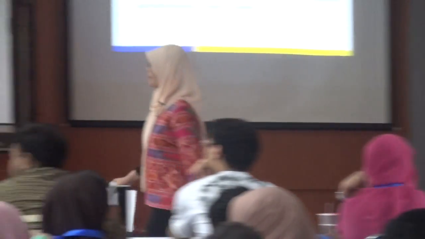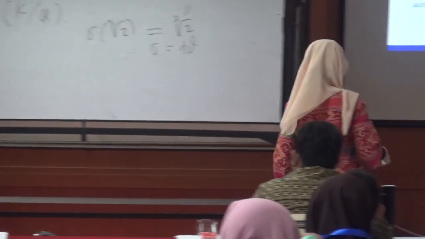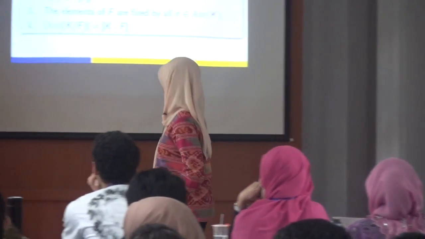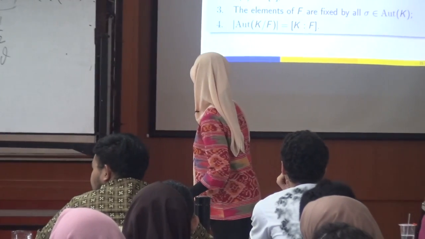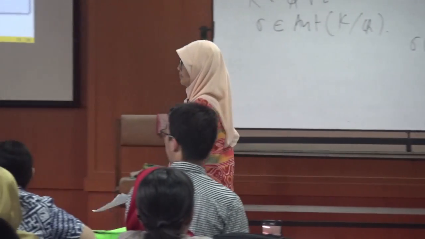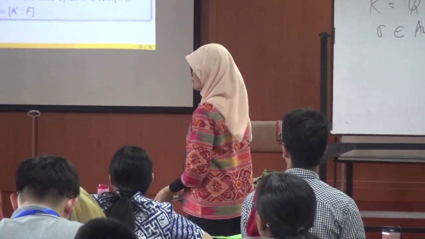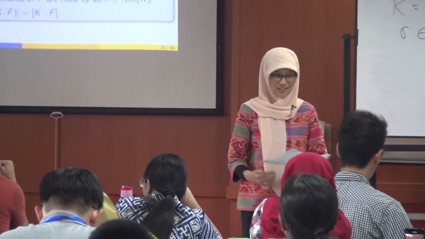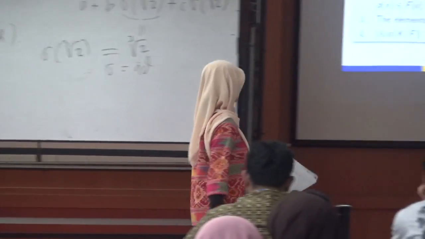Can I see the one before? Oh, the slide before? Yeah. I think in 3 we should say that the elements of F are precisely the ones that are fixed by Aut K. Because if you take, for instance, Q(zeta) over Q with Galois group of order 2, and F is Q, then Q is also fixed. So that is not enough. We should say that they are precisely F. Oh, okay. Thank you very much. Yeah, precisely.